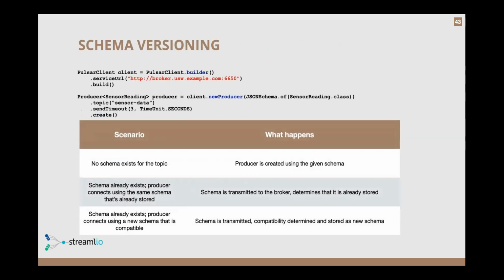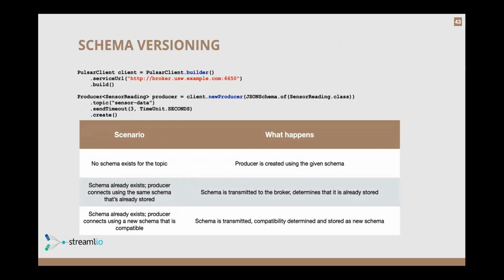So, talking a little bit about schema versioning and schema evolution. Schemas can change over time, obviously, and there's the concept of forward and backward compatibility. When you add a new schema for a type, it becomes the next new version. These are some of the different scenarios where, if you try to publish something with a new schema, what happens? If there's no schema, that becomes version 1.